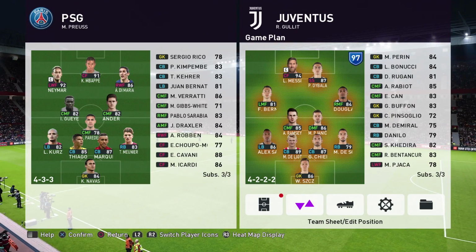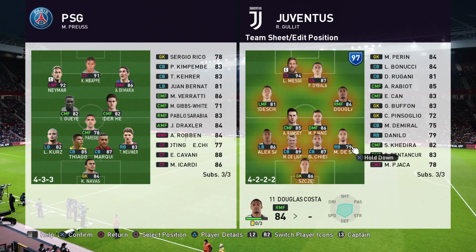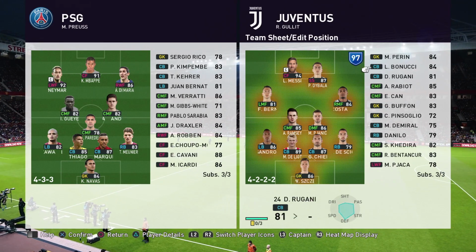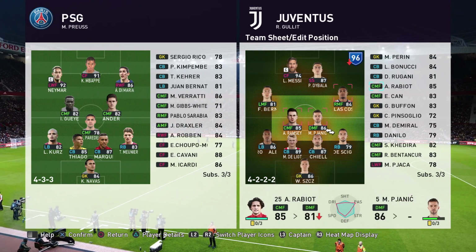I think I might want to... We're getting dominated in possession. Maybe I make a move, make a change in the midfield. Who do we have on our bench? We got Rugani. We got Rabiot. Let's throw in Rabiot for...